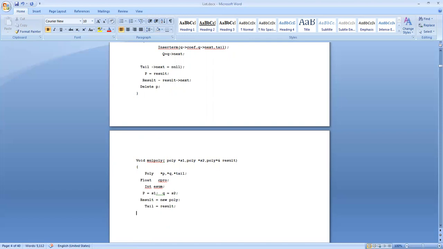Now we are going to multiply the polynomials. I take every term of the first polynomial and multiply with all the terms of the second polynomial. So I put that into a while loop: while P not equal to null, because P is a pointer for the first polynomial. What do I do? While Q not equal to null,